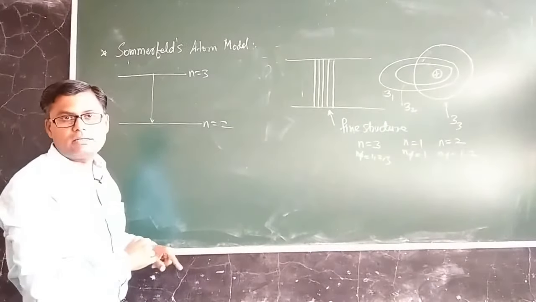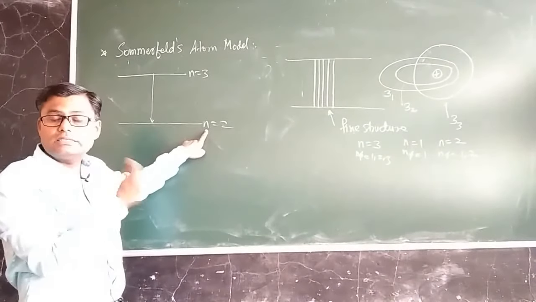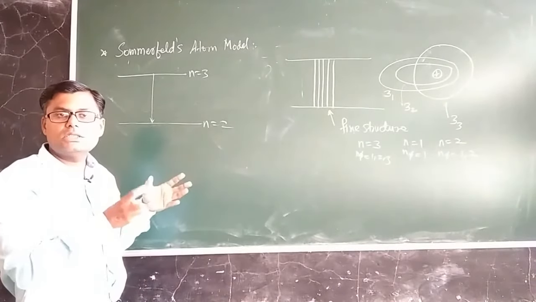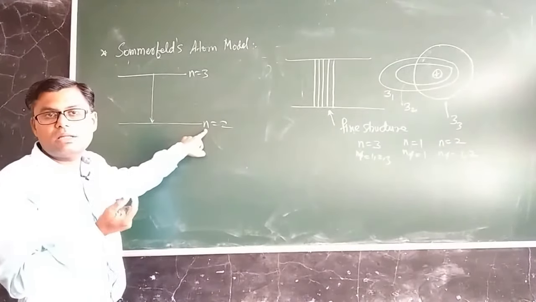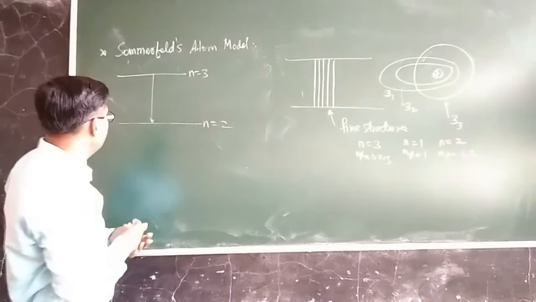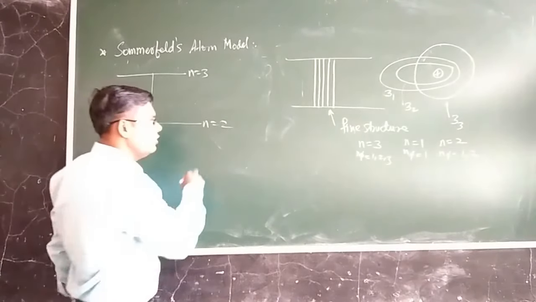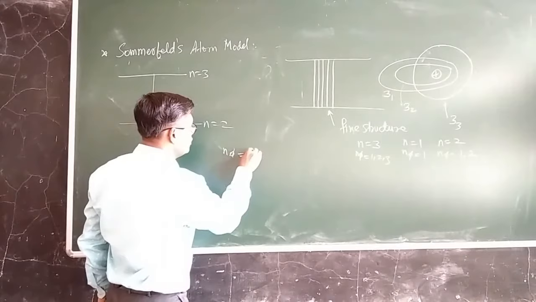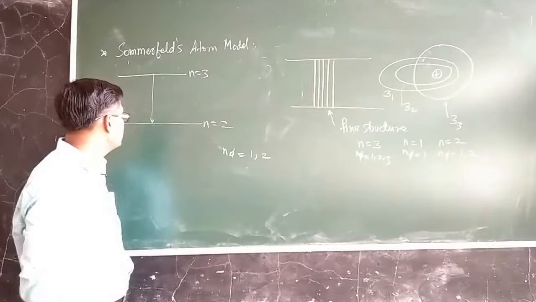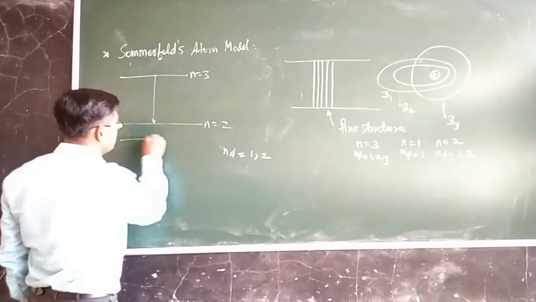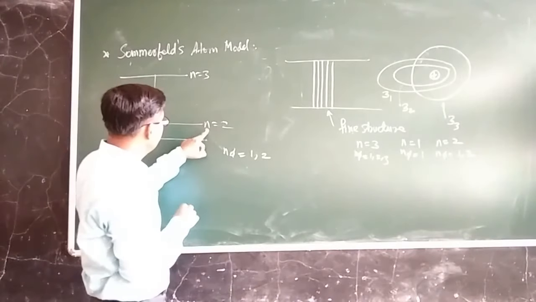But according to Sommerfeld, for every n, this quantum number alone is not deciding the state of the electron. If we want to find out the state of the electron completely, in addition to n we require another quantum number, that is n phi. So for n equal to 2, how many values are permissible for n phi? For n equal to 2, n phi will be equal to 1, 2. So 2 energy levels are possible. This single energy level will be replaced by 2 energy levels.